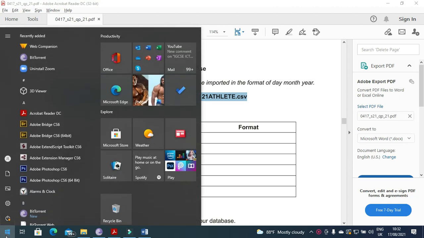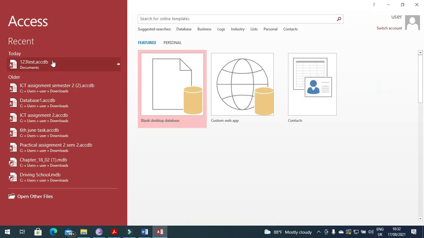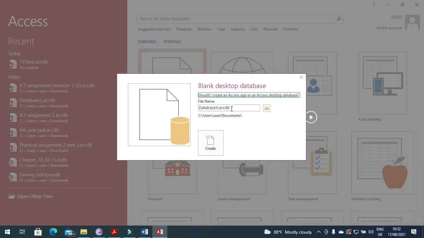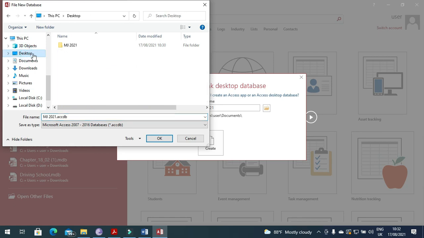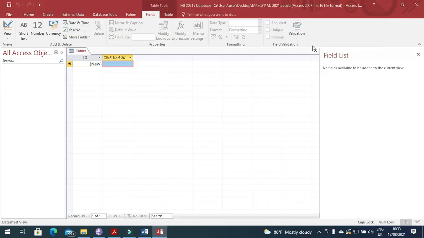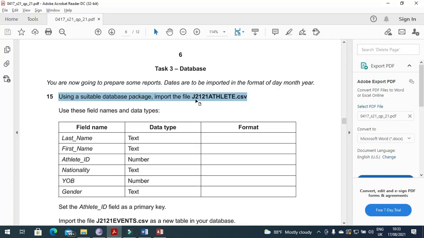First of all, I'm going to create a database. I need to call my database a proper name. For example, I just write here May, June 2021, and I will go to the folder. I have a folder here on desktop, May, June 2021. So I'm going to just save my database over there. Database is created. Next step, I need to import the file